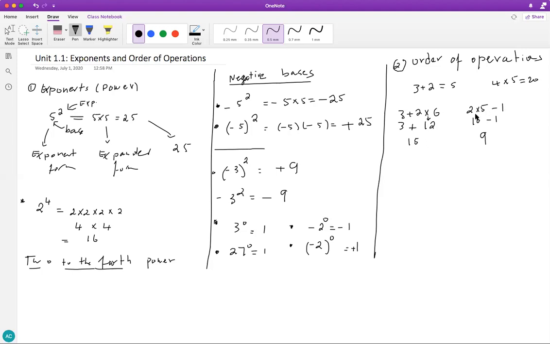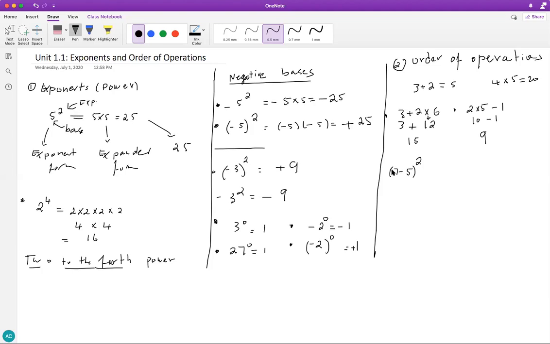So the operation could involve more numbers, more symbols, and even parentheses. As an example for parentheses would be something like this. Let's say 7 minus 5 to the second power. And then maybe let's put a number here, probably 3. We have a lot going on here. Again, it has to be done in a specific order. So that order is what we call